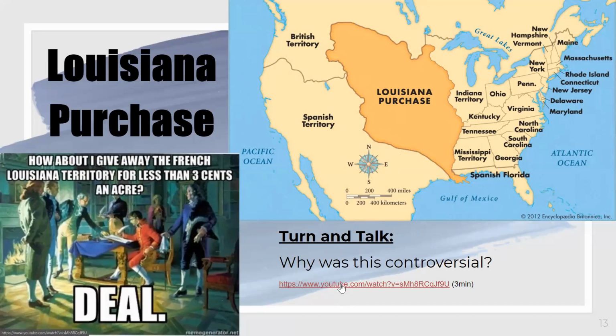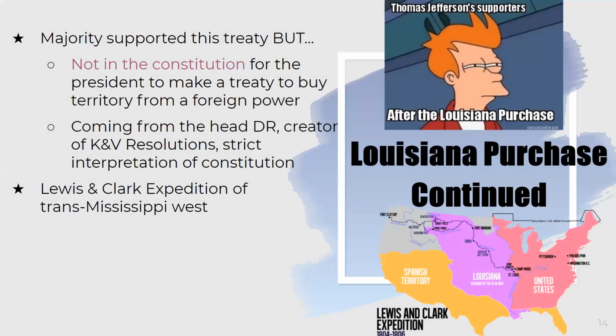Well, the link at the bottom, unfortunately, of this slide leads to a piece of a documentary that for some reason is no longer accessible on YouTube. But this video that used to do such a great job expressing why this was so controversial is because there is nothing in the Constitution that says that the president or even Congress has the ability to purchase land, to purchase federal land. Now, even though the majority of the country will kind of turn a blind eye and support this decision because they believe that it was so valuable to the country, it still shows that the same guy,